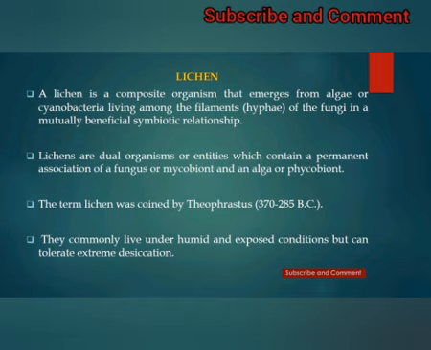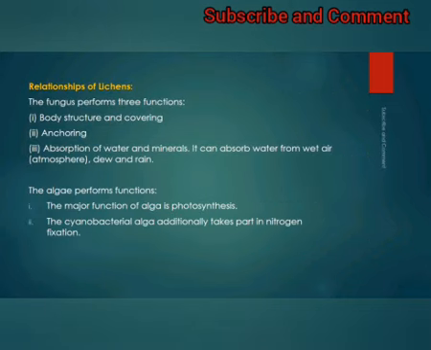So these two organisms, fungi and algae, live together in an intimate connection. This is a very important, intimate association, forming a compound thallus-like structure. Thallus means a type of structure in which we cannot distinguish the different portions of the organism. This thallus-like structure is formed by the algae and fungi, and is also known as a consortium.